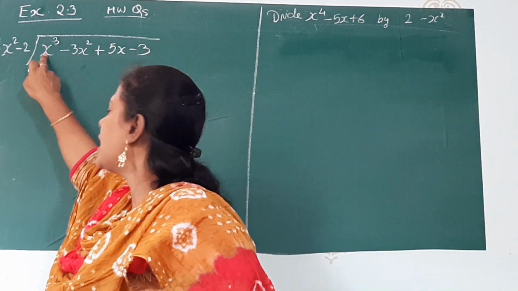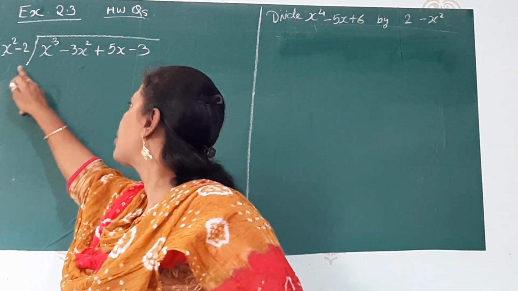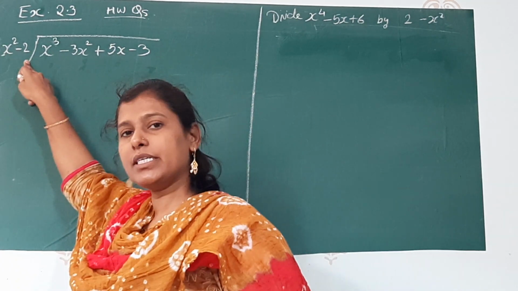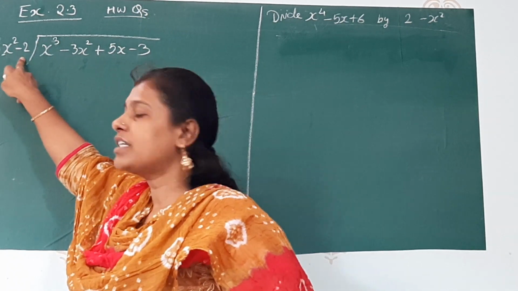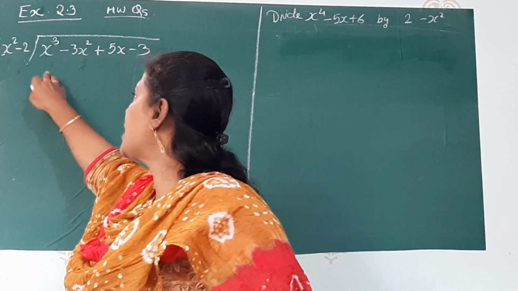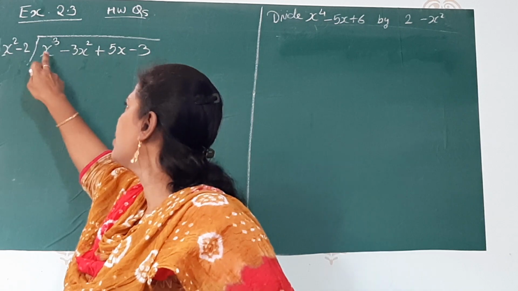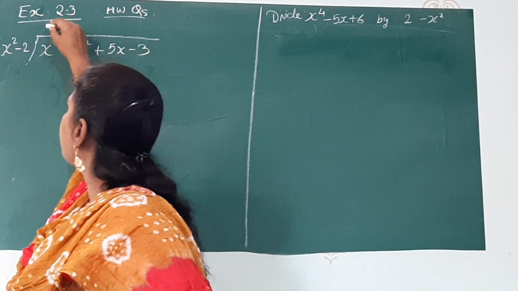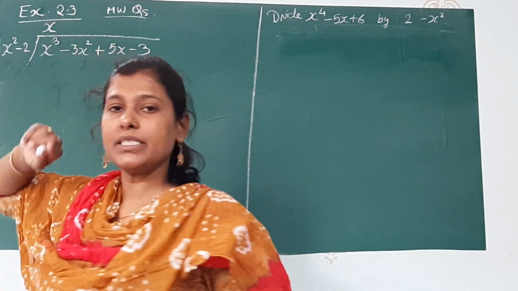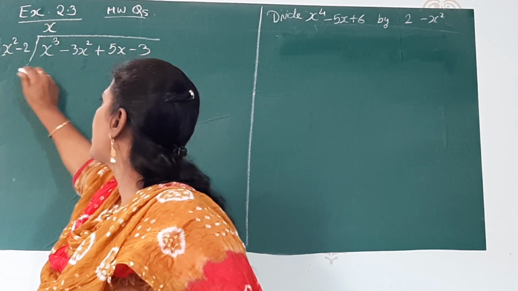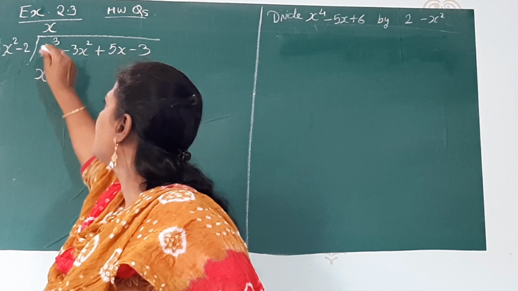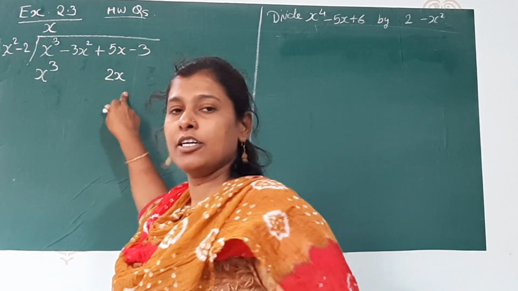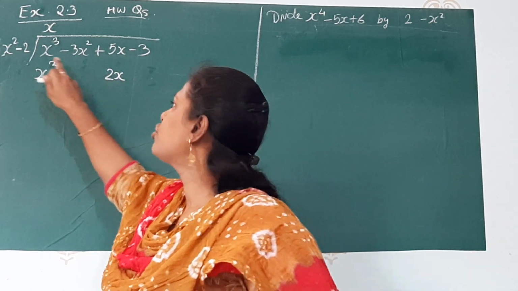First one, I have written the format because it is in the proper order: degree 3, degree 2, degree 1, degree 0. Here also degree 2 and degree 0. So here one degree is missing, but it will not make much difference. Be careful when you are writing the numbers. Here I show you x cube and x square; we have the degree x missing. So x into x square will become x power 3 and x into 2 will become 2x. We will write 2x here below 5x, not over here. This you should be careful.